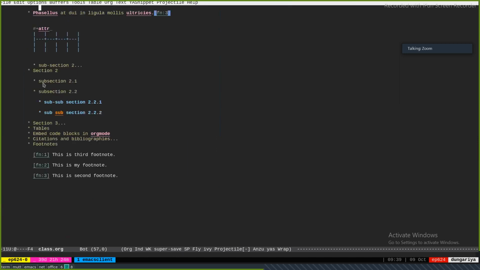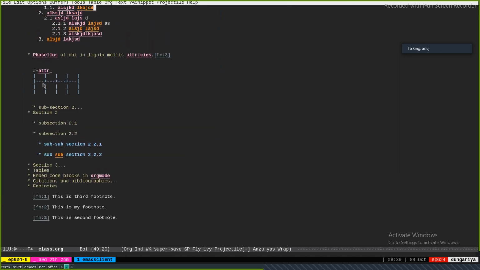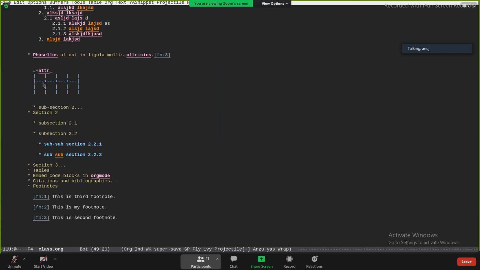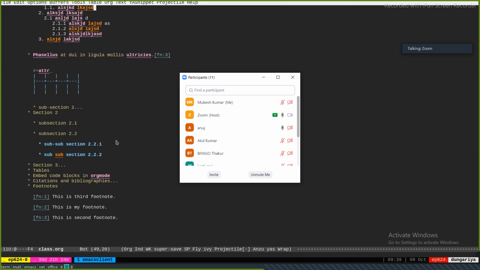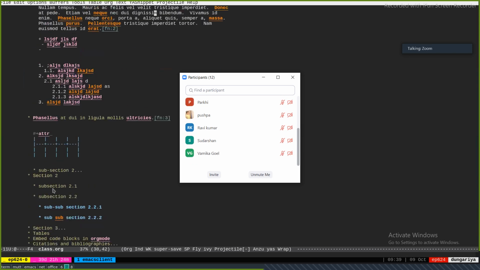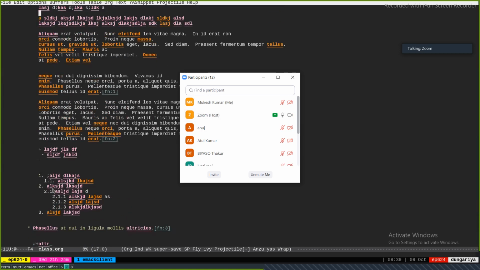Okay. So at any point you can reorder. What is the difference between sorting and numbering? One is numbering, and the other is sorting, so that they appear in the right order here. But this only affects what you are seeing in the org buffer, in the org file.